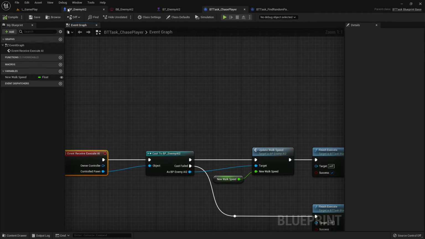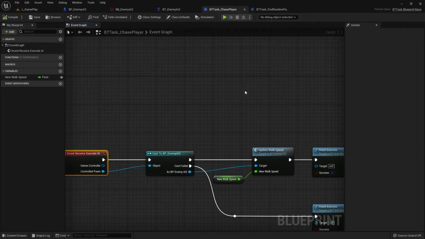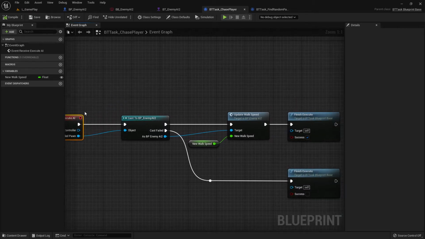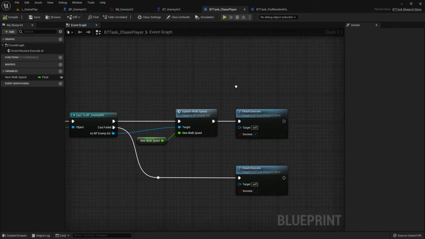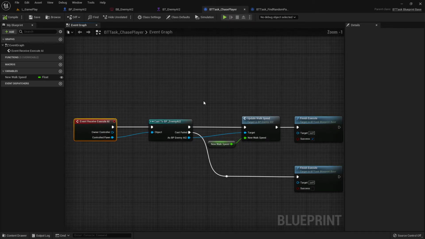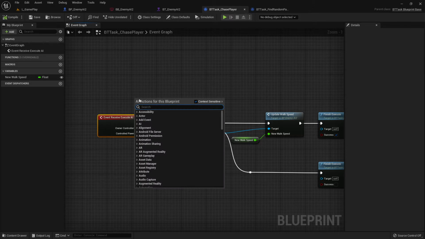What I mean with that is when we go back to our behavior tree and we see this is a task, and when the task starts, it jumps into this blueprint here. It jumps exactly here to the start point, and then it will try to solve all what we code here till it finds this finish execute code. That's it. So with that said, what we do is right click here, you search this receive